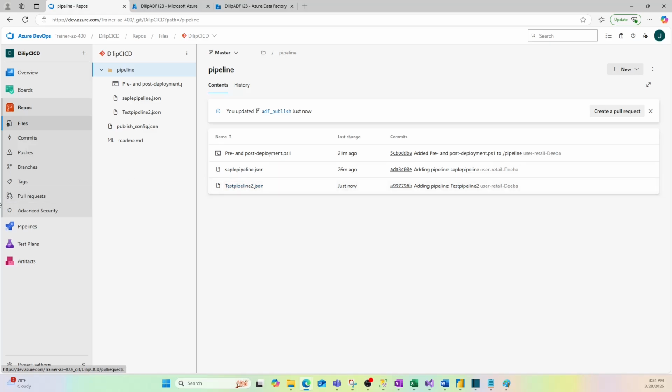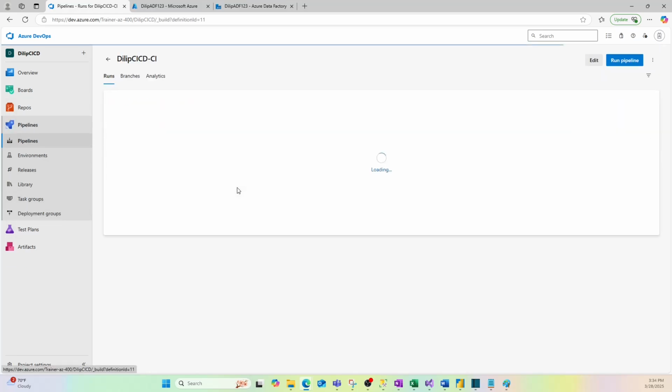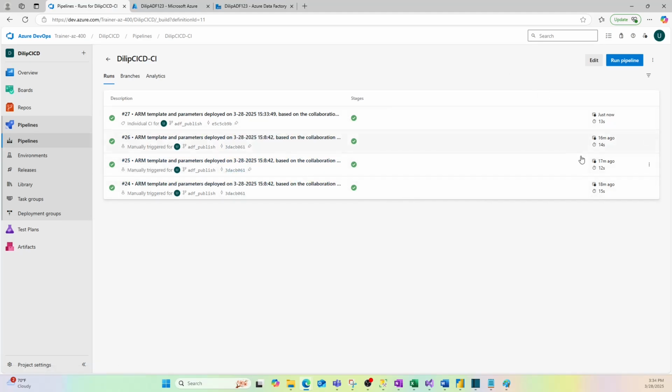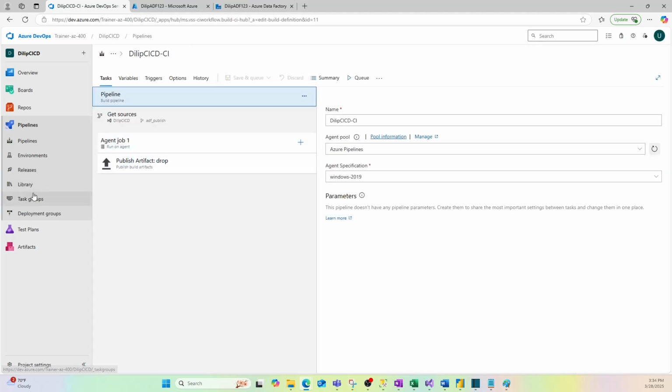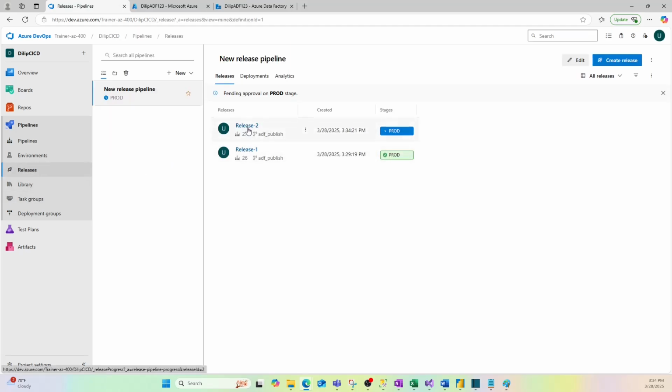Let me go to the DevOps pipeline and see if there is any other activity. You see, everything is going. Let me click on edit, and then go to the release. Release 2 is already fired here. Release 1 came, release 2 is in progress, and it is in the approval pending stage, because we said approval pending,